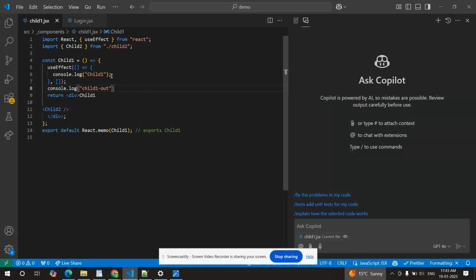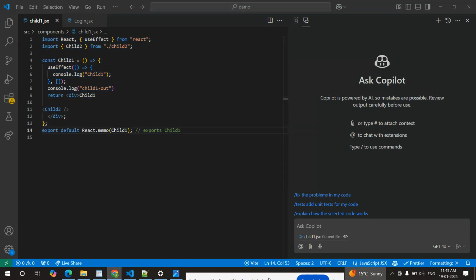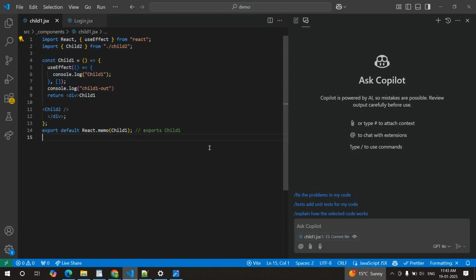So I can use Copilot to add some code into my component. Let's see how you can do it. For this, I have added the child1.jsx as a context. By default, it will take this child1.jsx as a context. So I can ask a query to the Copilot, that is, create one login form using child1 CSS includes